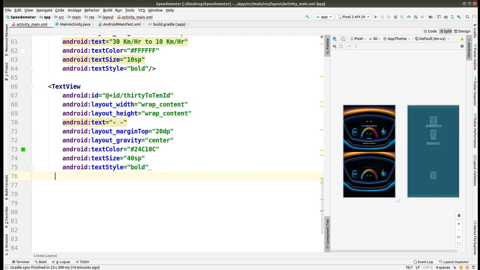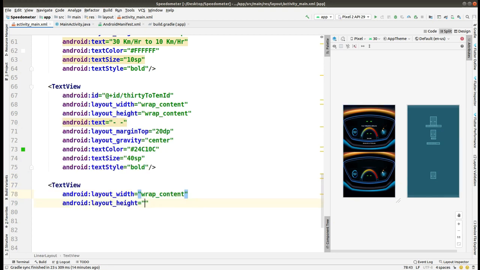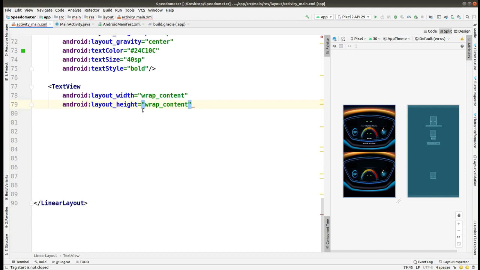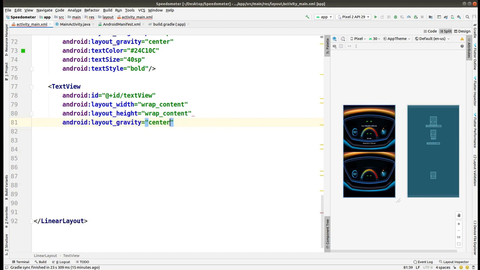This text view is completed. After that, I think this is going to be the last text view, and I have set the width and height. After that I have to give the ID, that is text view only, and here I have to give the basic things like setting the gravity as center, taking the margin from the top, that is 5 dp,